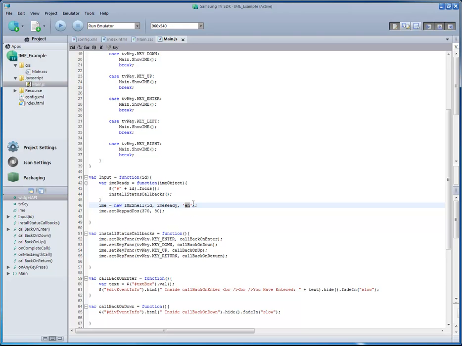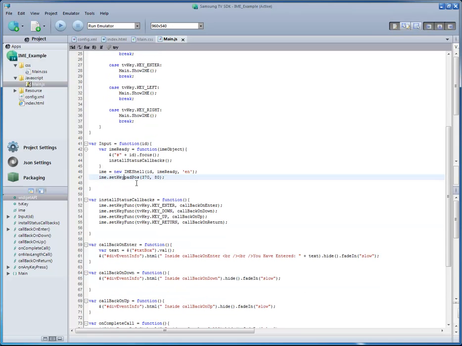In general, it is set to default. Set keypad pause function to specify the position of keyboard where it will appear when the app is running on TV. The callback function imeReady will set the focus on the input box,